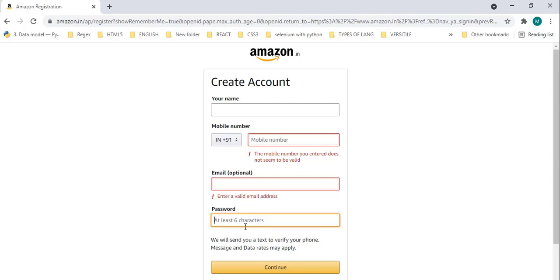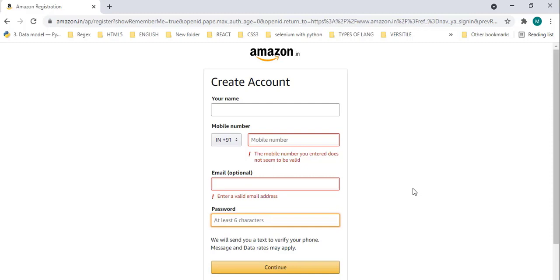For that reason I will have to fill all the details in every field and I cannot skip any column. Then only I will be able to create my account. So here what we have to learn is Amazon is using an SQL database to save these details which are gathered through this form.